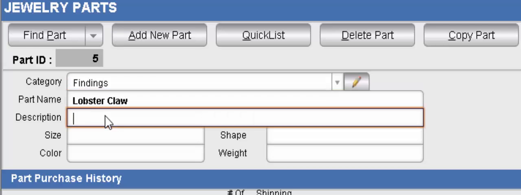Now, you probably purchase a lot of different kinds of lobster claws, or at least a few different types of lobster claws for making your jewelry. A good design strategy is to use as few different components as possible so that you can use them in a lot of different designs and reduce the amount of inventory you need to buy. But you still probably end up with a couple of different lobster claws, and it's really important,